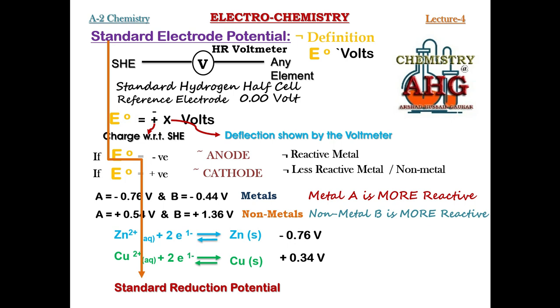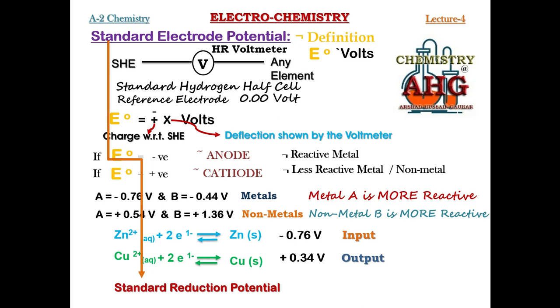That reduction needs some electrical energy, some input, to be carried out. While a positive numerical value means that the reduction process can occur and can give out some voltage, some output. So whenever you are given standard electrode potential, or standard reduction potential, simply look at the sign and you can guess which element can undergo reduction easily and which one will need some input of electrical energy, some input of voltage to be carried out.